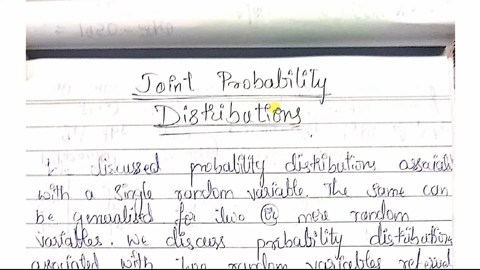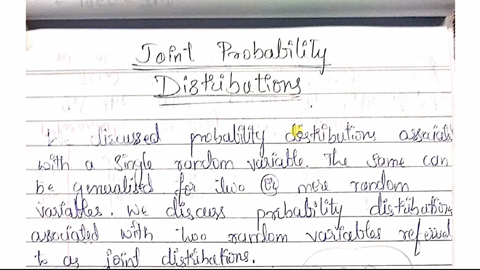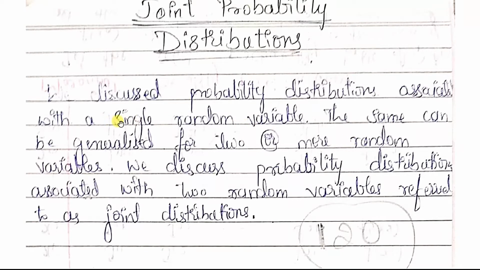Yes, my dear students, in today's class, let us see in detail about joint probability distributions. See, the joint probability distribution is an extension of the concept of probability distribution. In the probability distribution, we had only a single random variable. If the single random variable is discrete, then it was a discrete random variable, and if it is continuous, then it is considered a continuous random variable. All that I have explained in the probability distributions of continuous and discrete, isn't it? But here we have one more very important concept, that is joint probability distribution.